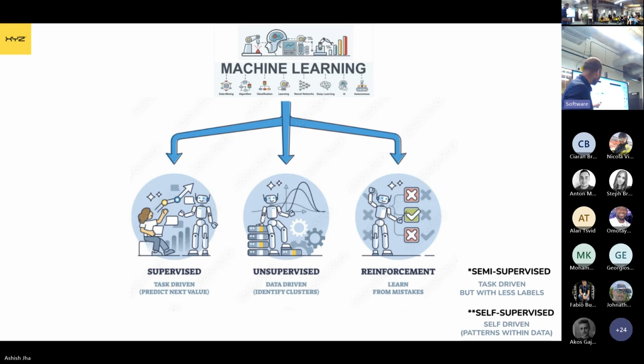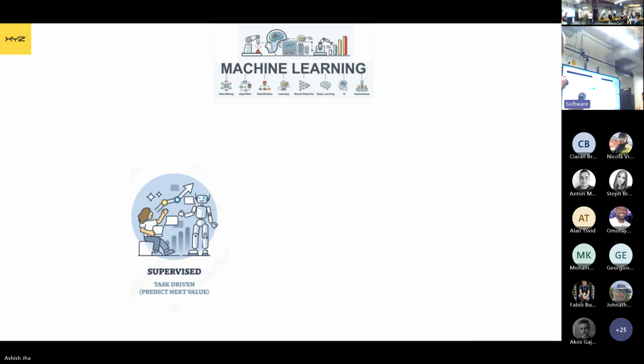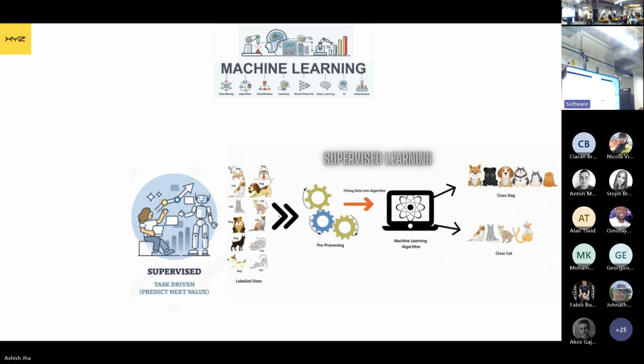So it's supervised, unsupervised, reinforcement, semi-supervised, and self-supervised. Self-supervised is the recipe behind ChatGPT. It says that the machine learning model learns from patterns within the data. You don't need to give labels explicitly. I'll leave it at that, and I'll go back to supervised, which is the most classic paradigm of machine learning,